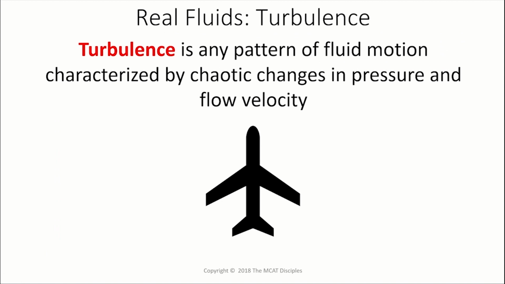Moving on here, turbulence. Turbulence is any pattern of fluid motion characterized by chaotic changes in pressure and flow velocity. As we already mentioned, imagine laminar flow, which is all the molecules moving in one direction in little sheaths, none of them interacting or bumping into one another. If something comes along and bumps it, you're going to ruin the flow, and you're going to get turbulence, some vibratory motions or some hitting or some rough fluid movement or waves as these things hit each other and bounce off one another.